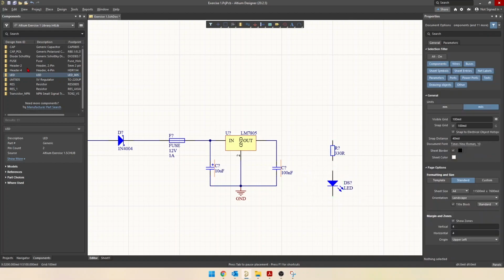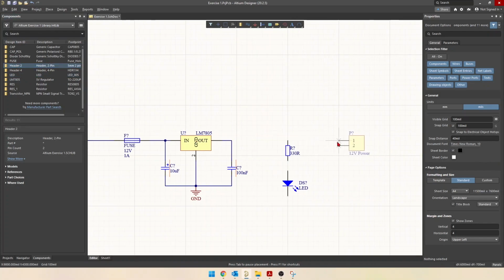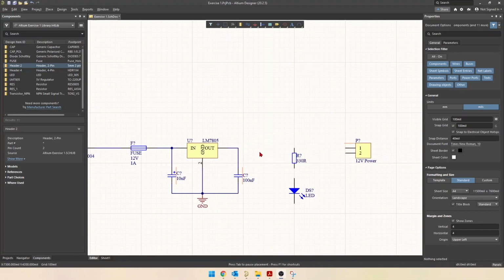And then we have our 2-pin connector, header 2 here, double click, just now the right way around, so we're just going to place that here. Now we'll just wire this up from here to here, there to there,